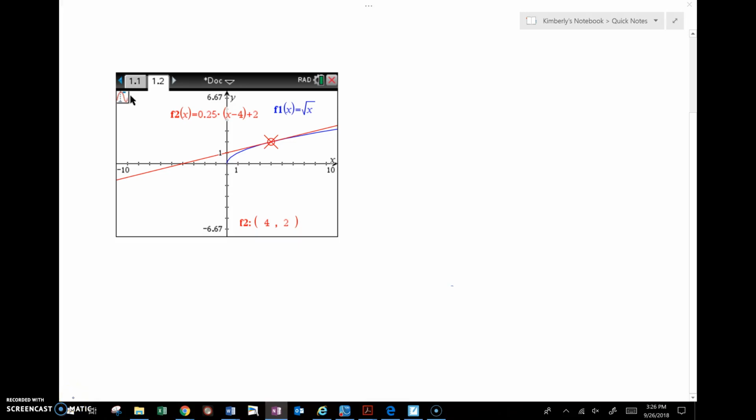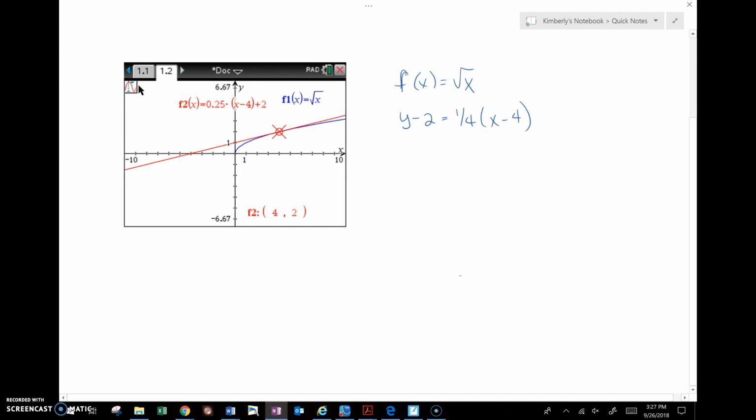Okay, this is the tangent line approximation to a curve, and you're going to do it a lot. It's kind of a precursor to something we're going to do next semester, which is really exciting. But you can see here that I have graphed f of x equals square root of x, and I went ahead and took the derivative and wrote the equation of the tangent line. So it was y minus 2 equals 1/4 the quantity x minus 4, and that was after taking the derivative and plugging in 4. So at my point of tangency (4, 2), where it has a nice little bullseye there,